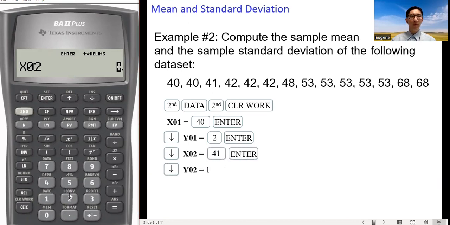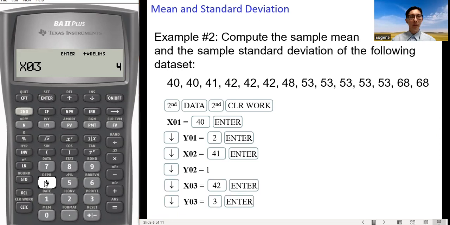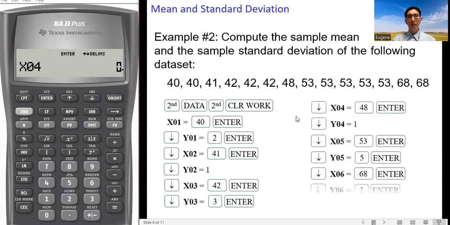Frequency is 1. And then the next data value, 42, with a frequency 3. So enter 42 for X03, and then the value 3 for the frequency Y03. And we can enter the rest of the data set.